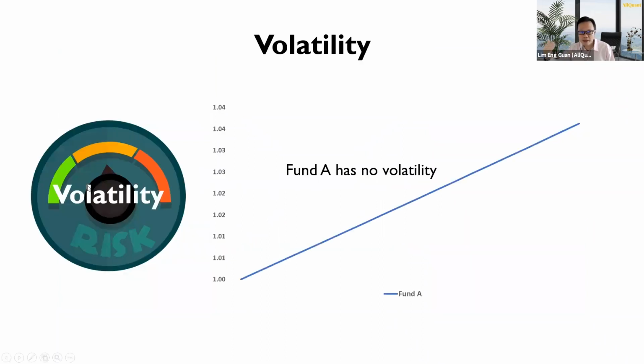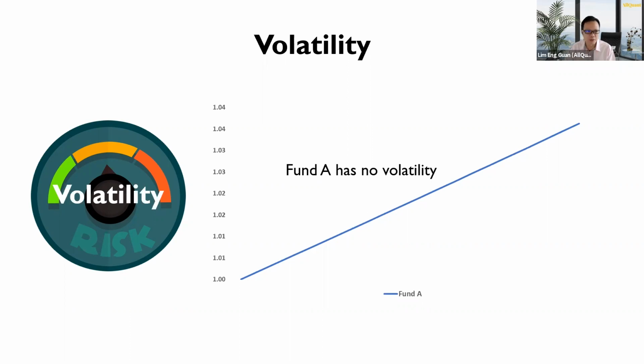Okay, so the first measure is called volatility. Volatility measures the tendency and extent to which the price of a financial security fluctuates up and down over a period. In math or statistics, the term we use is standard deviation. It is a very basic concept. We can measure volatility on a lot of things, like on a stock, a bond, an ETF, or a